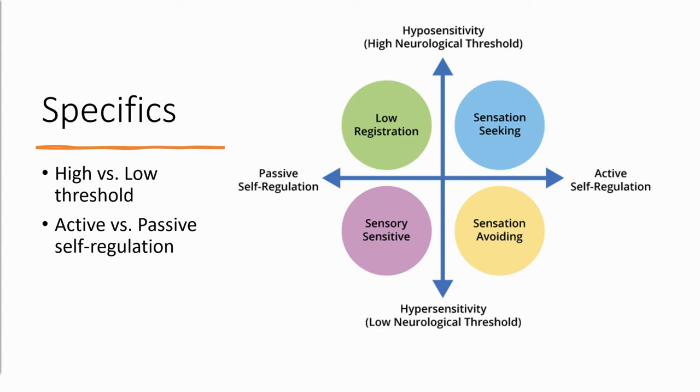We'll first talk about the threshold, which we briefly touched on in the last slide. The threshold is defined as somebody's personal range for noticing and responding to different sensory events. So you see that a high neurological threshold is a hyposensitivity, and then a low threshold is a hypersensitivity. So if you're hyposensitive, then you won't notice it as much. That threshold is high because the threshold is where it crosses over into you noticing it. If you have a low threshold to a certain sense, then you're hypersensitive. For example, if you're hypersensitive to tactile sensations such as rough clothing, then you have a low neurological threshold